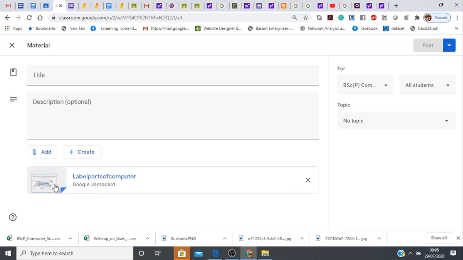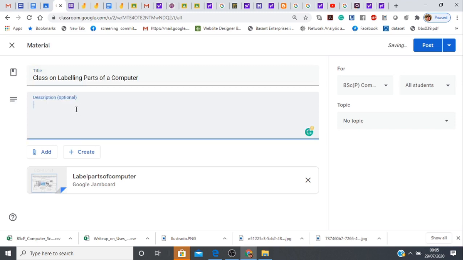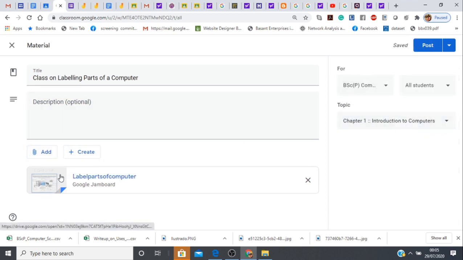So whatever we have used to explain the concepts while we were online with students, we can attach that jam here. We can add some title, or we can post it under some topic, and we can say post. So now this jam will be available after we post.